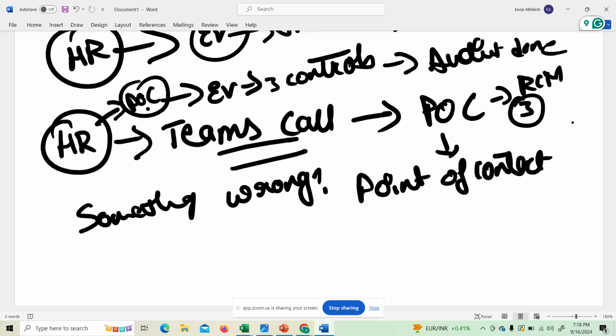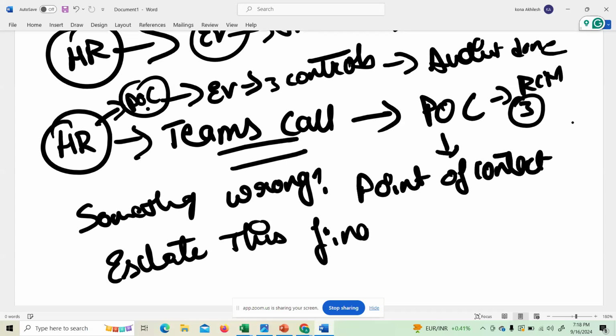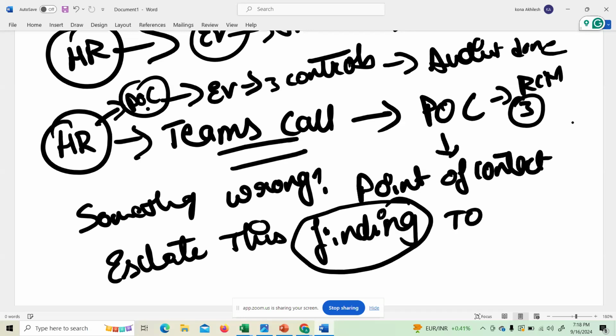In these situations, we will directly escalate this finding to our manager, and ask this manager to conduct a call between the IT auditor manager, me and you, the HR team POC, and the HR manager.